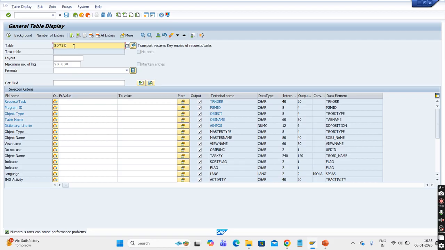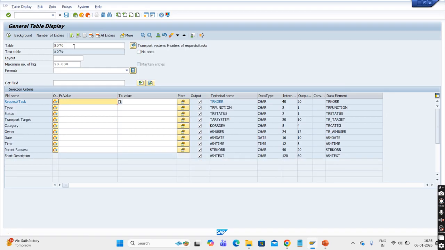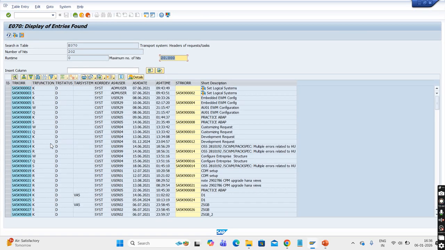So some of the important tables that are really helpful in terms of transport request is E070. This is the header table. So as soon as you create any transport request, this is where you will see your transport request information logged. Who is the user, what is the date the transport was created. If there are tasks, then you will see the task number, and wherever you see these headers filled means that